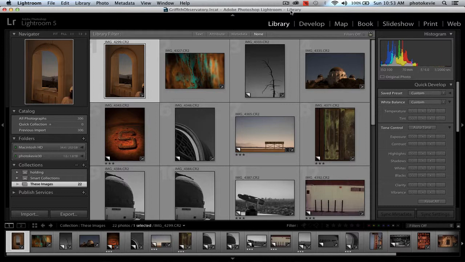Today we're talking about the quick develop. A lot of people probably don't know how to quite utilize the quick develop module. It's got most of the sliders that you might need just to kind of tweak photos that you have,